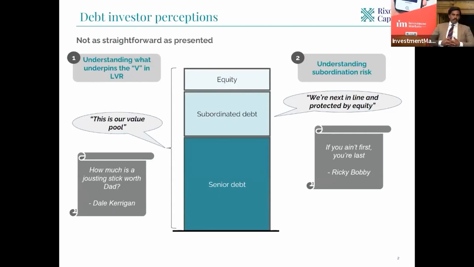So the key building block of an LVR is the V, or value. I think we're often trapped by the fact that you see a low LVR, you assume it's attractive, you assume it's safe. What I'd like to discuss is how two LVRs, while similar in number, can reflect very, very different risks depending on how that V was actually derived. And equally, where you sit on the capital structure has a material impact to what that LVR means for you.